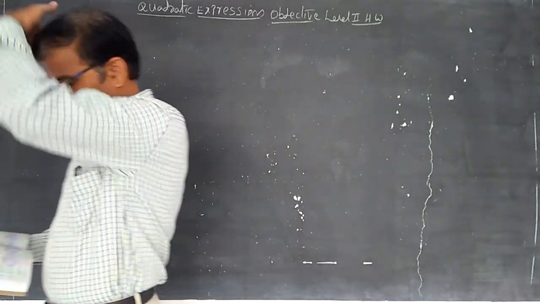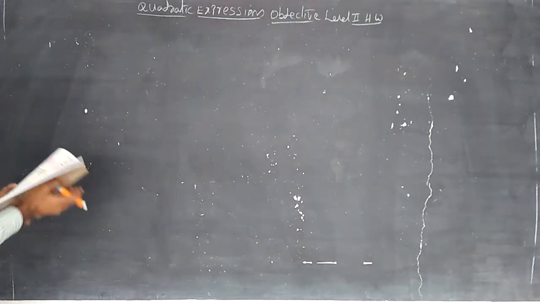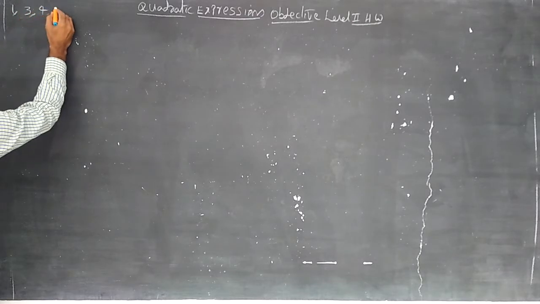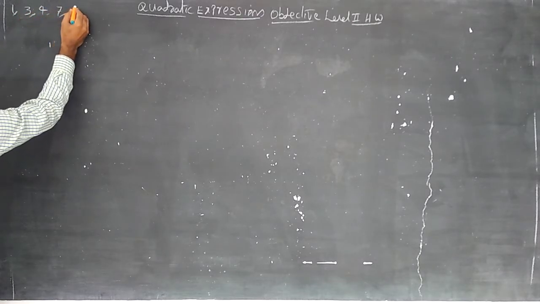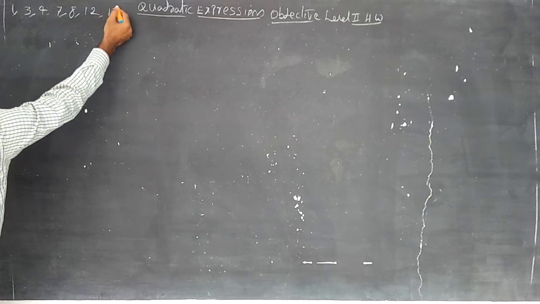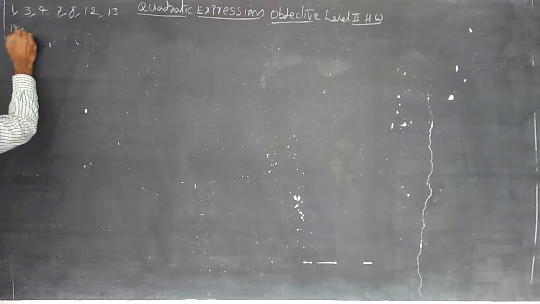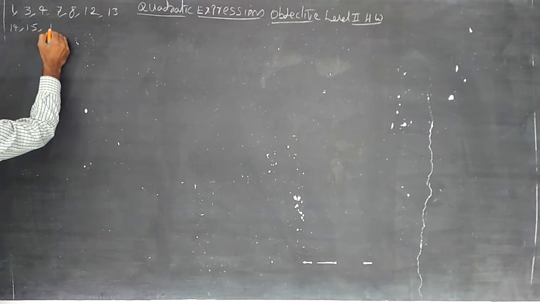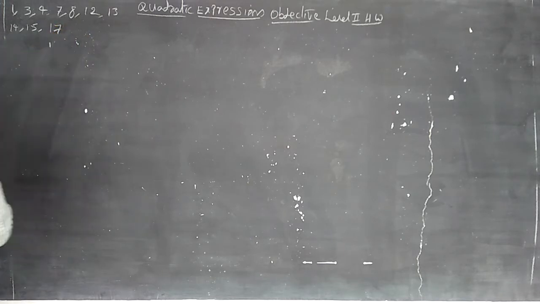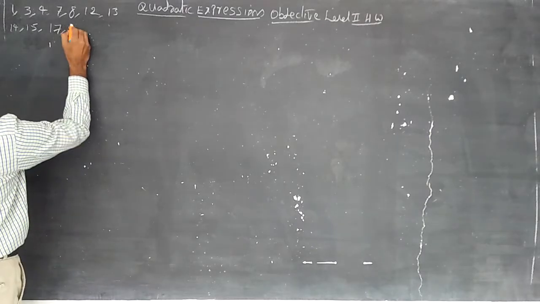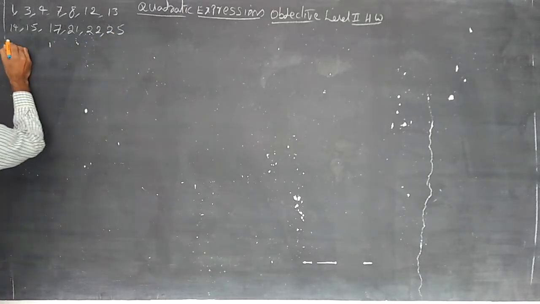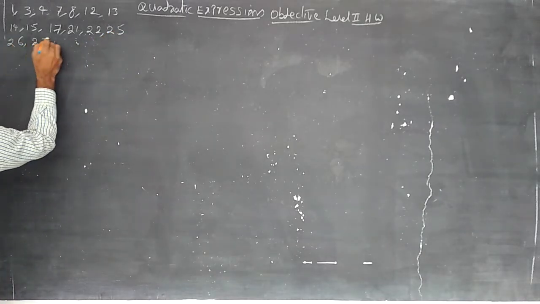Level 2 homework. According to the schedule, I want to discuss with you questions 1, 3, 4, 7, 8, 12, 13, 14, 15, 17, 20, 16 and 20 completed in the synopsis concept, 21, 22, 25, 26, 27, 28.